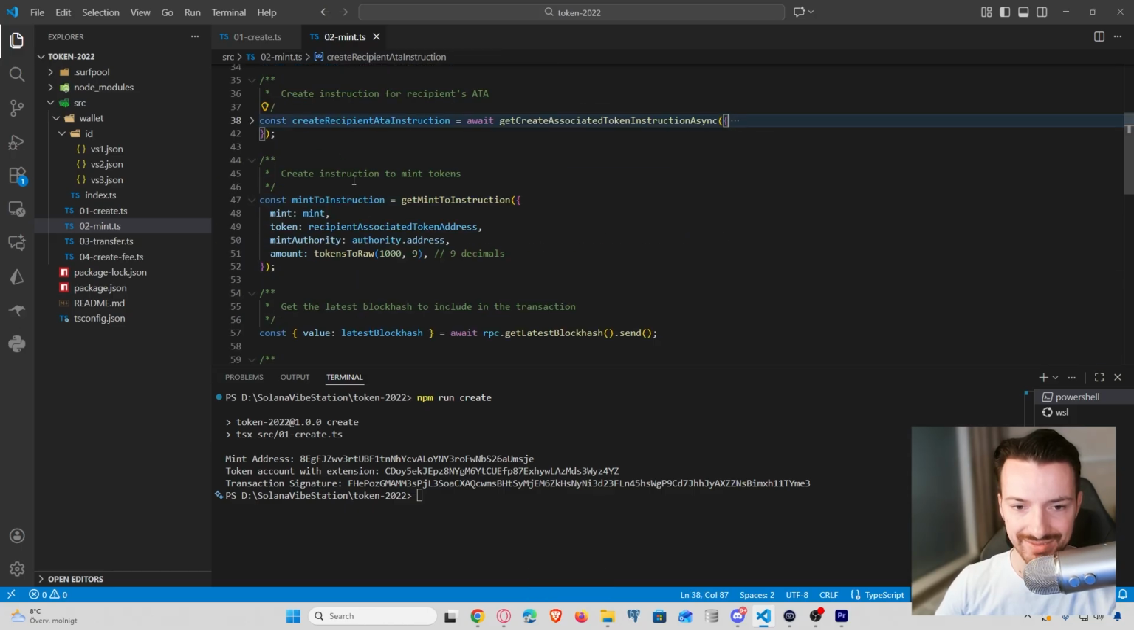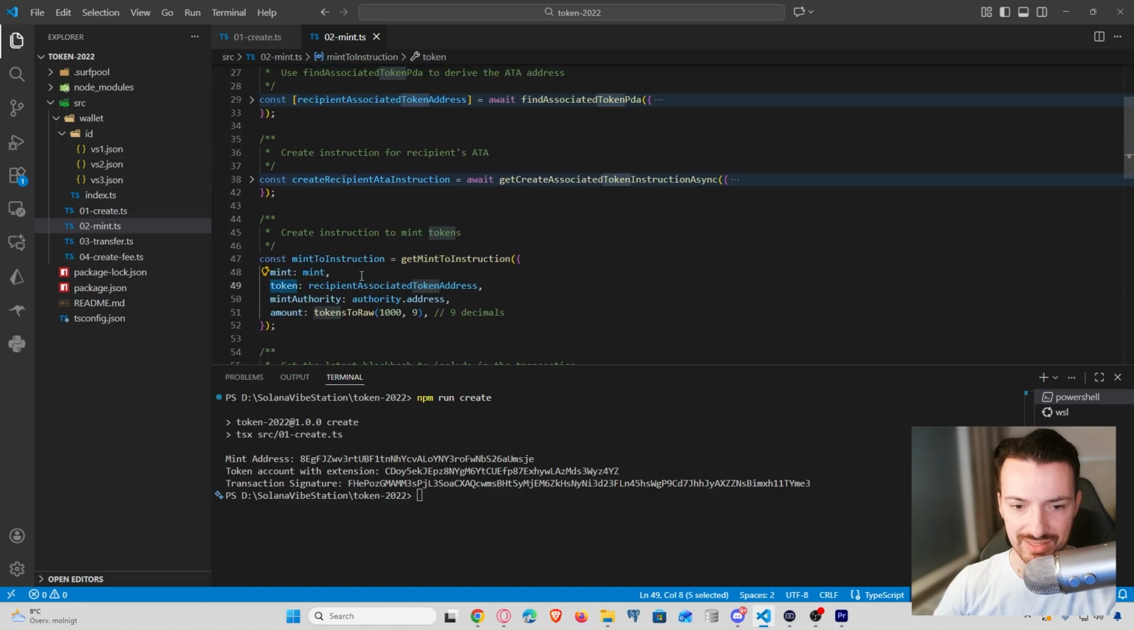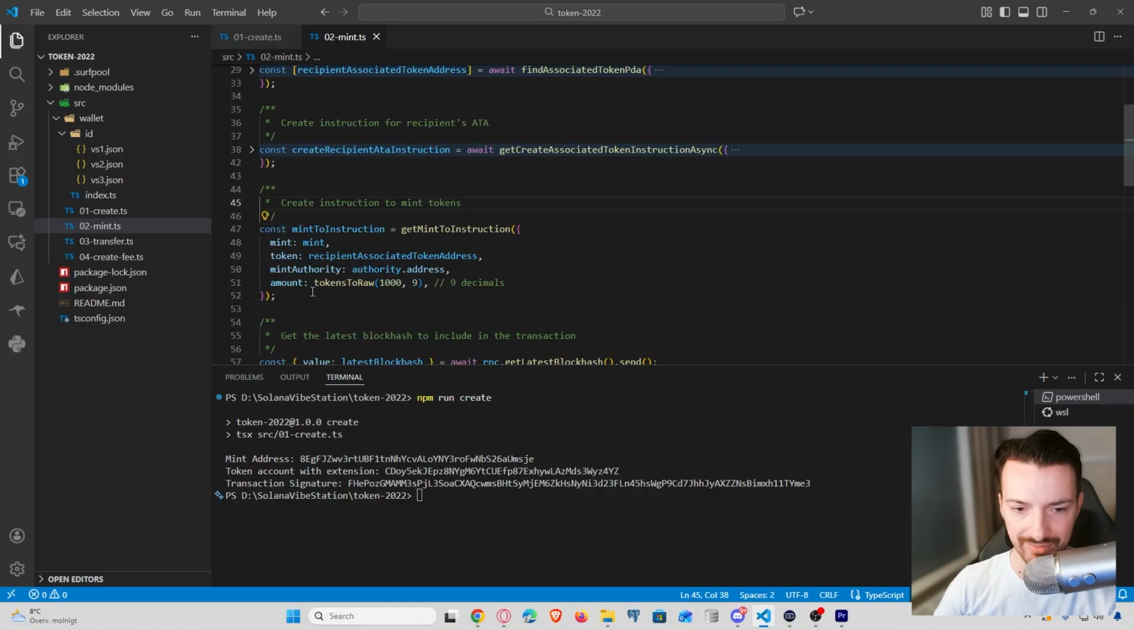Next, we are going to create that mint instruction, and the mint that we will provide is of course the mint that we set here earlier and created in the create.ts file. The token is the recipient associated token address that we found earlier by using the find associated token PDA. Next, we create the instruction to mint the tokens, and here we have to provide the mint, the token, which is the recipient associated token address, the mint authority, which is of course the authority, and we can specify the address,